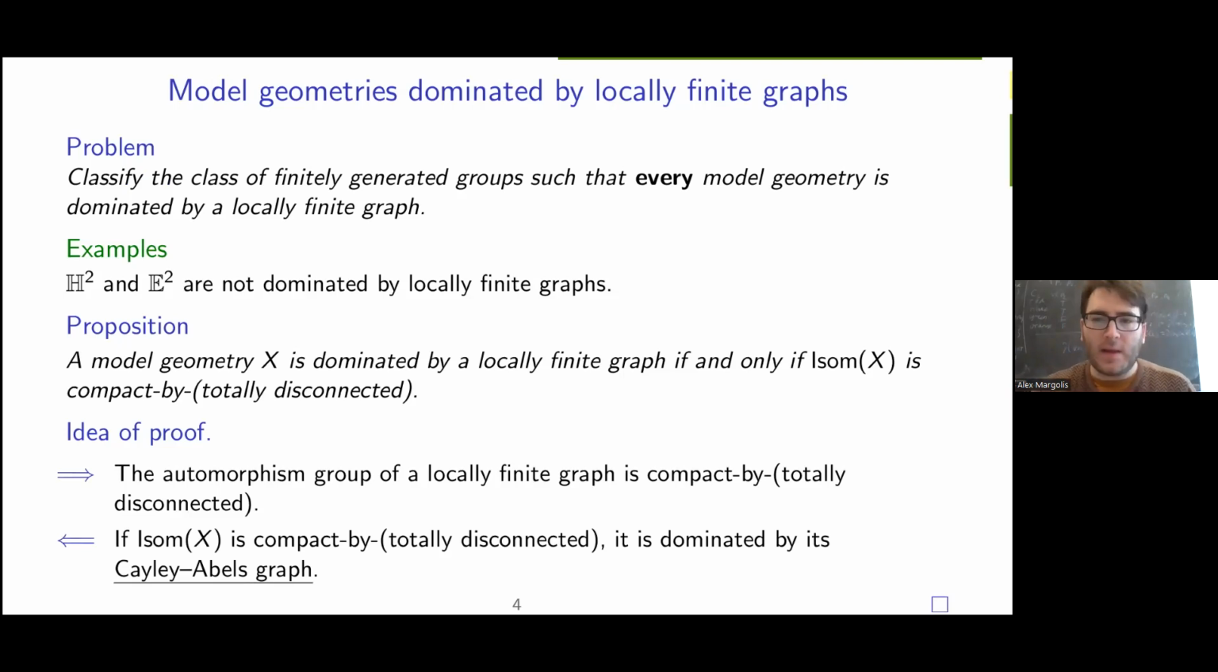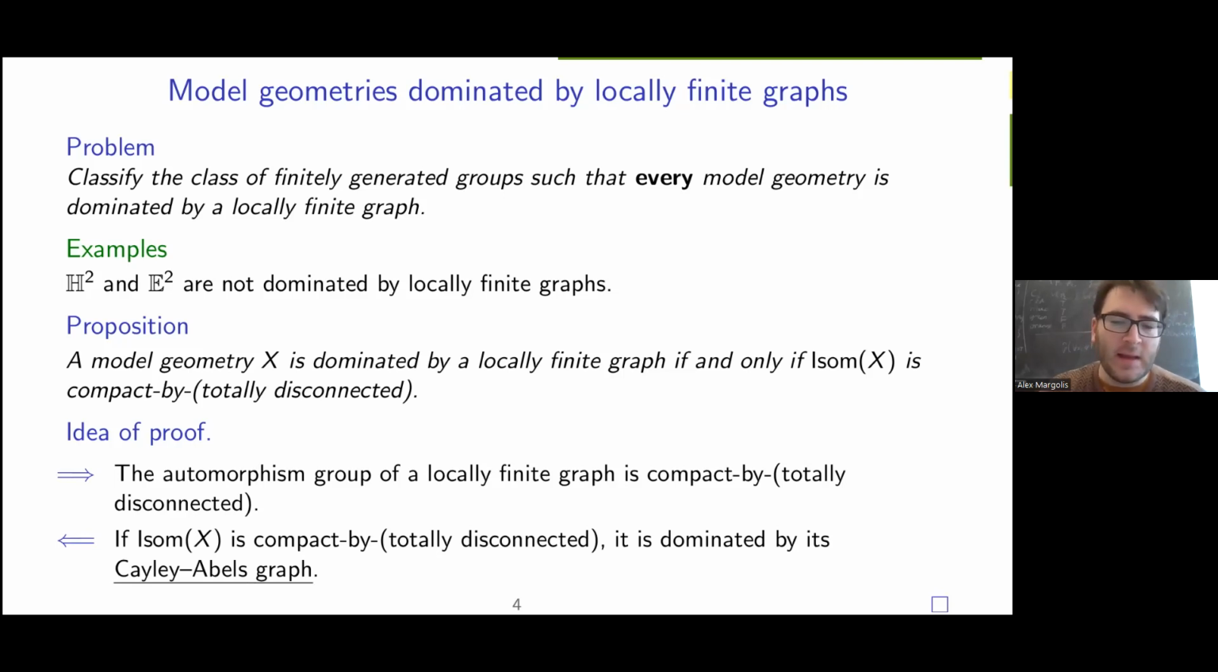If we have a locally compact group, isom X, which is compact by totally disconnected, and is also compactly generated, which isom X is, then it's dominated by a locally finite graph called its Cayley-Abels graph. And this is something that you can construct using the algebra of isom X. Namely, you pick a compact open subgroup of isom X, which always exists by something called